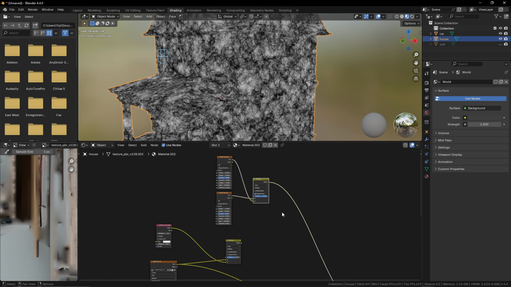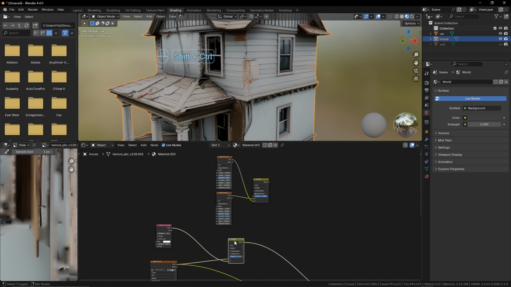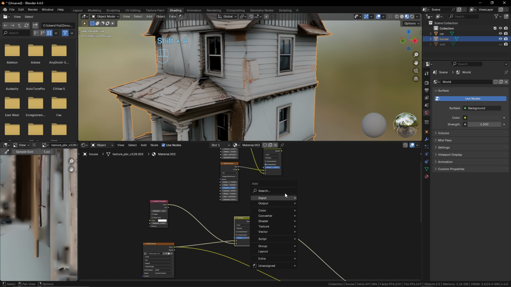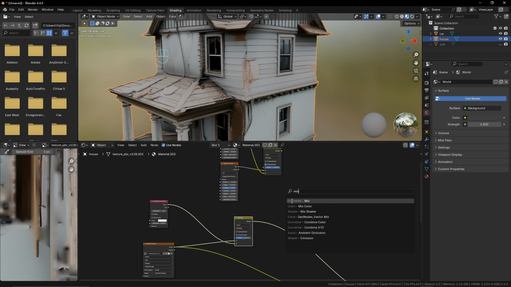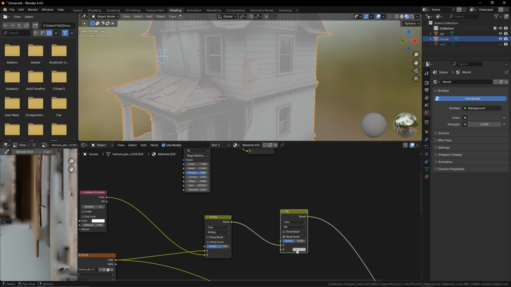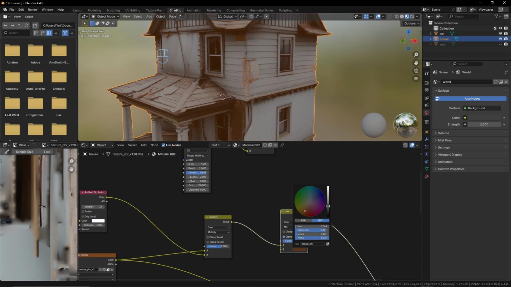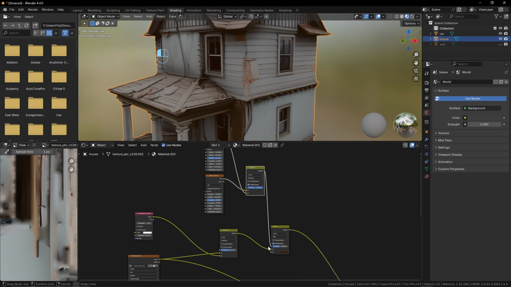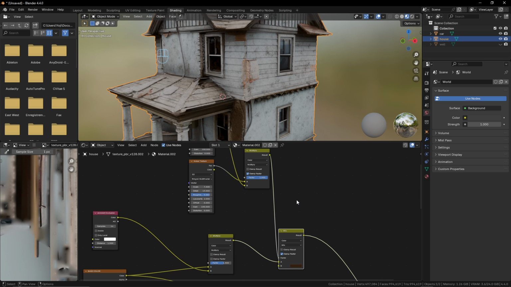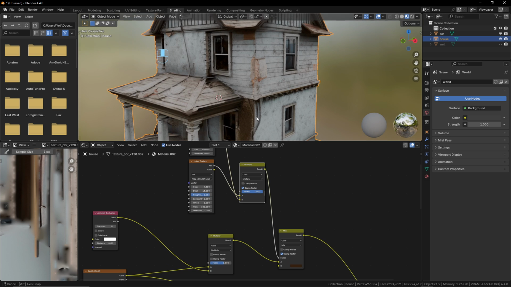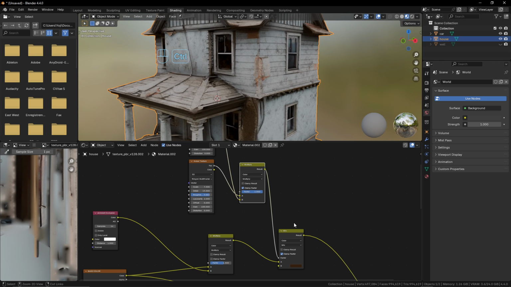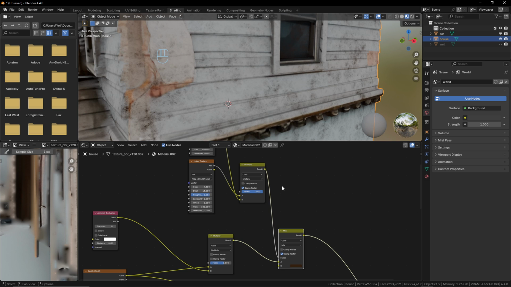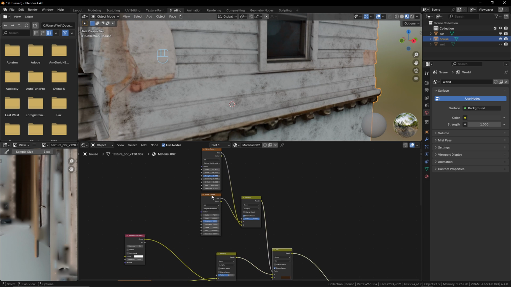Okay, so what we will do, we will just add a mix color here again. So let's add a mix color, and this color might be something a little brownish like this, dark brown. Okay, and we will use this factor here to mix the two, so we will have this kind of result over there. Okay, so what this factor will do is actually add to the image here. Okay, you will have some dark places,